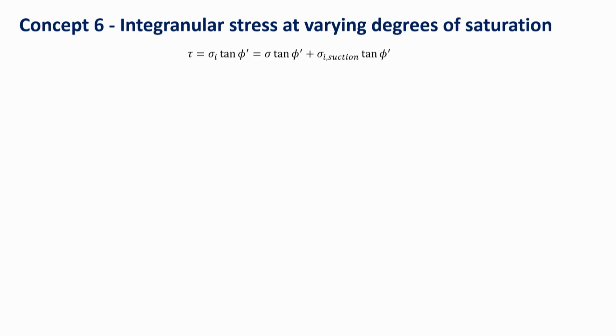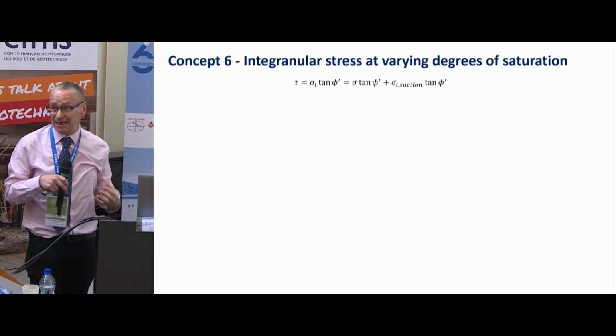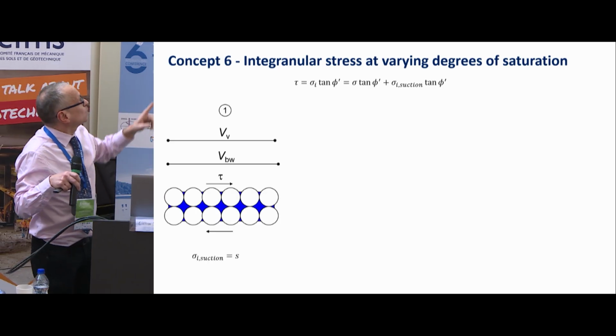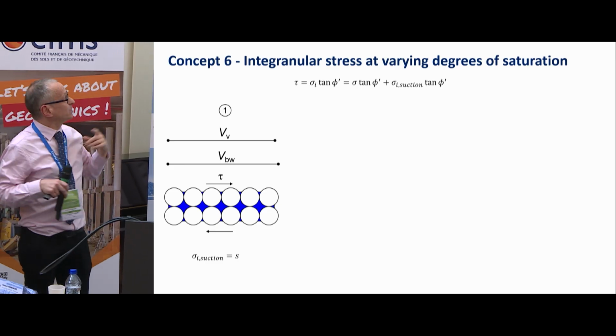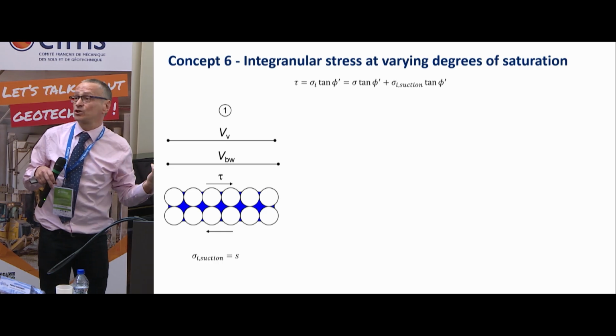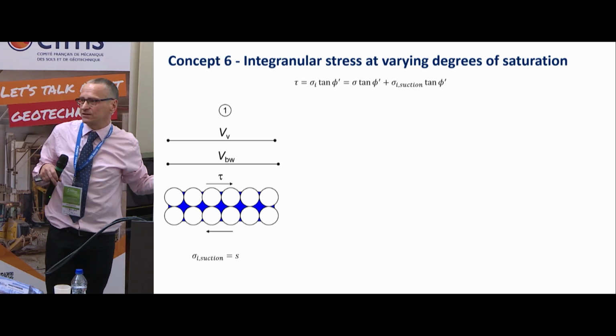And being guided by Skempton and Bishop, let us assume that the shear strength is the intergranular stress multiplied by the tangent of the friction angle. So of course you have one component of the intergranular stress that is coming from the total stress, I'm taking it out, plus a component of the intergranular stress that is associated with the suction. Let's see what happens here. When you are in this case here, bulk water everywhere, the intergranular stress is exactly equal to the suction. Not surprised, the soil is still saturated, so we need to recover the effective stress here.